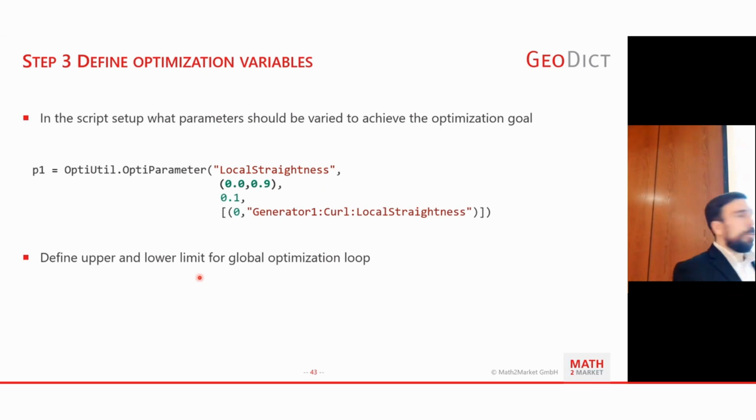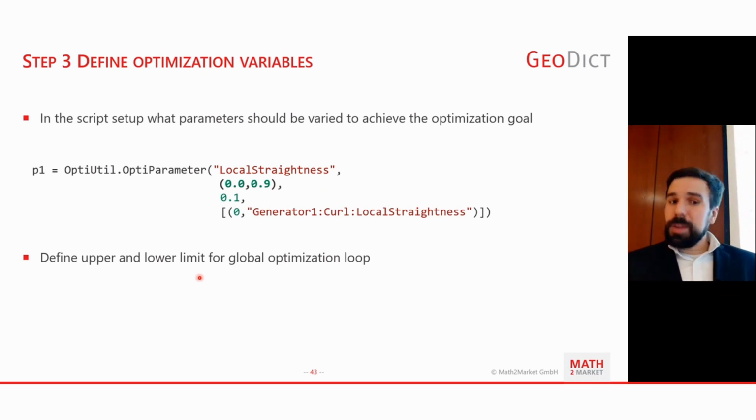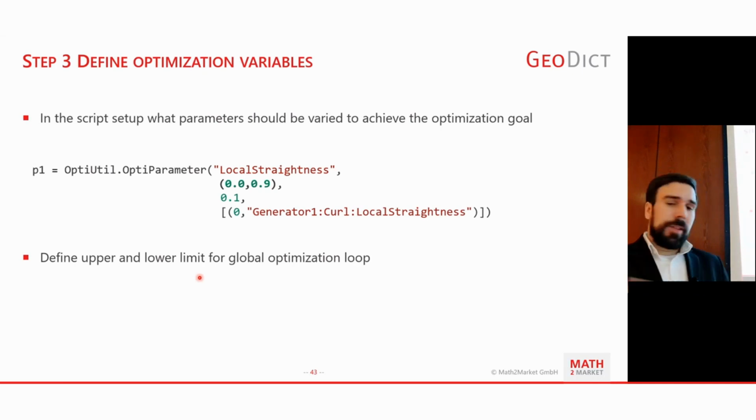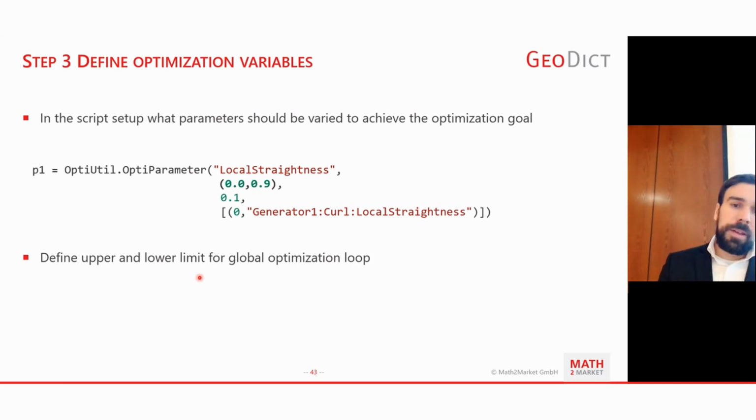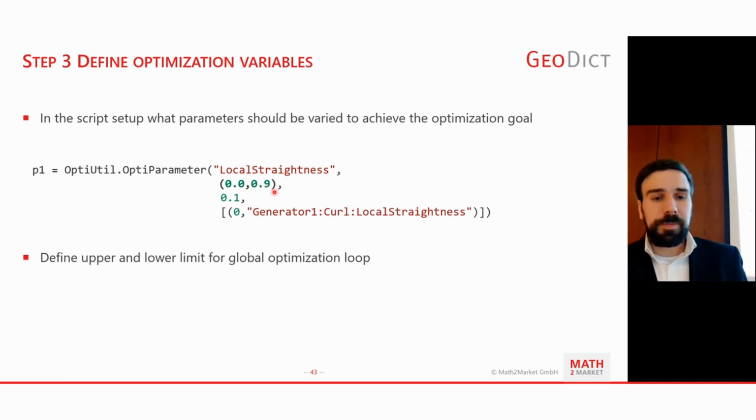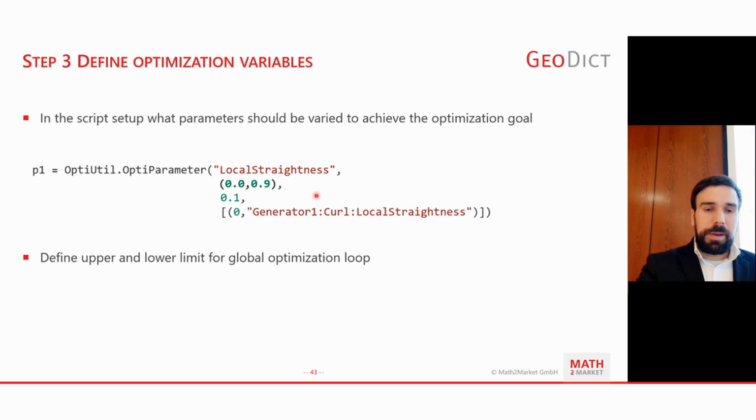If you are using a global optimization loop to avoid running into local minima, and we are using a global optimization loop, you just define the bounds. So actually they are chosen pretty wide here. You can make them smaller too. Yeah, and they need, of course, to be valid. So having a negative value in here will give you an error in FiberGeo, and that's not so nice.